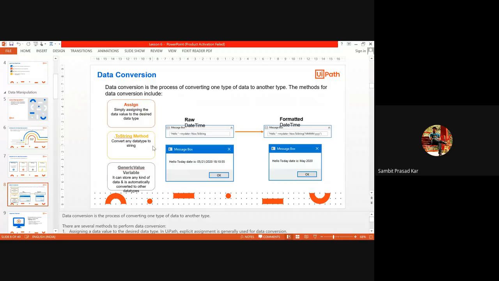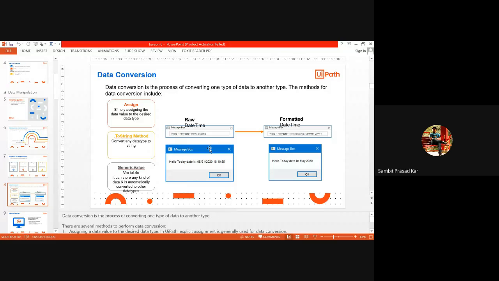So data conversion is the process of converting one type of data to another type. I already gave you an example, right? Here you can see assignment, simply assigning the data value to the desired data type. That means you just declare, okay, this is a string variable from the starting, or this is a numerical variable, or this is a generic variable. Then the common one is the to string method, which converts any data type to string.